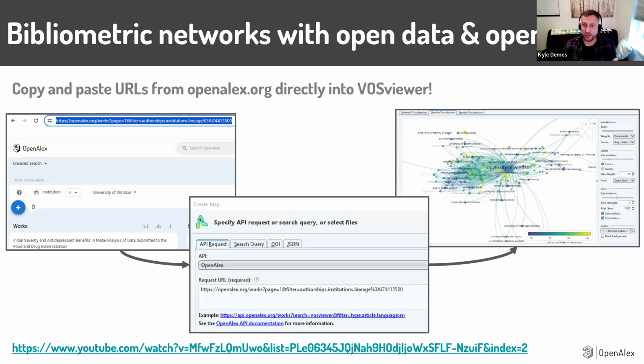If you haven't seen VOSviewer before, this graph on the right is an example of the type of analytics and visualizations that a lot of libraries are doing with VOSviewer. VOSviewer is an open source tool. A lot of institutions use it. They'll download data from whether they have a subscription to Web of Science or Scopus or Dimensions, and then they'll import it to VOSviewer. Well, because VOSviewer is open and we're completely open as well, they've built an integration where you can go to OpenAlex, I showed some screenshots from it, and you can literally build your query in there and then copy and paste the URL into VOSviewer, and it will get all of the works to analyze.